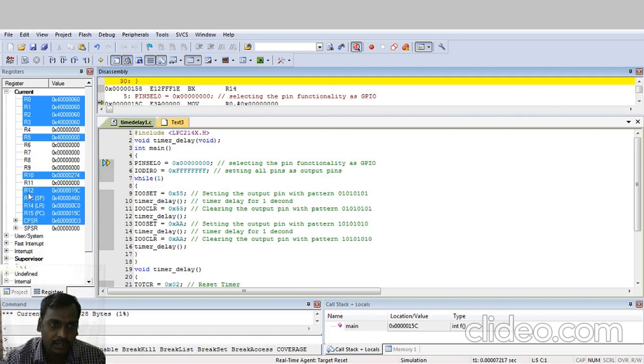These R0 to R15 registers are used for general purpose up to R12. R13 is used for the stack pointer, R14 is the link register, R15 is the program counter.